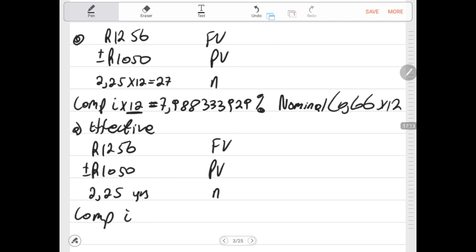Then we do the same thing. Now we say second function alpha 0, 0. We have 1256 future value, plus minus 1050 is our present value. 2.25 is our n. Then we compute our interest. Then when we compute our interest, we get exactly the interest rate of